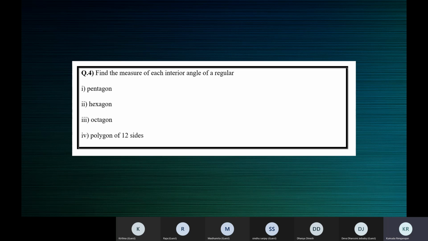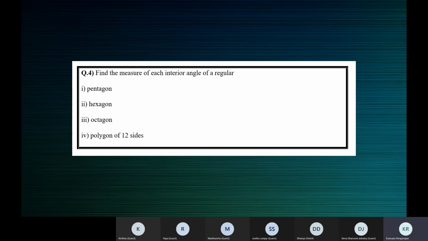First, let's find the sum of all the interior angles of the hexagon. I told you the sum of all the interior angles will be the same for a hexagon as well as a regular hexagon. Hexagon has 6 sides, so n minus 2 into 180 will give you the sum of all the interior angles. Divide that by 6 and you will get the measure of each interior angle. Finished. That is one way.